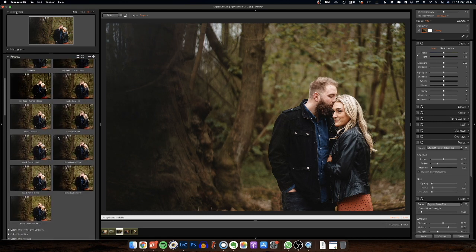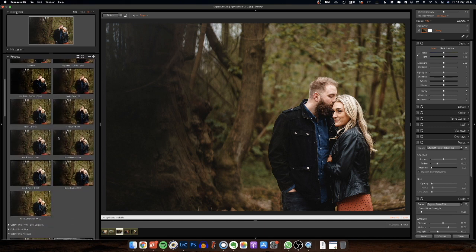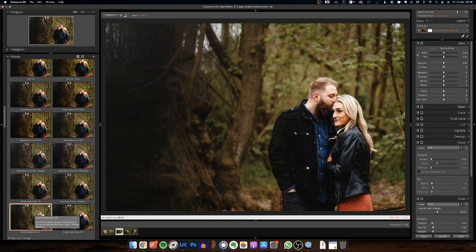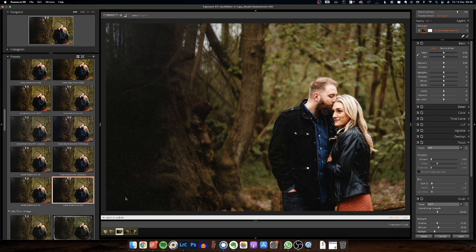Let's use, what's a good one? Okay, so let's try Kodachrome. Kodachrome 200. So obviously you can see it's super noisy and grainy and too much. But if you go over to the overall intensity here and bring this down to like, I don't know, 30, something like that, depends on which one you're using, you can get a nice base here. I'd probably say this one is a little bit grainy for myself, so I'm going to go with Kodachrome 64, and then bring the intensity down to here, and then you can see if you go before and